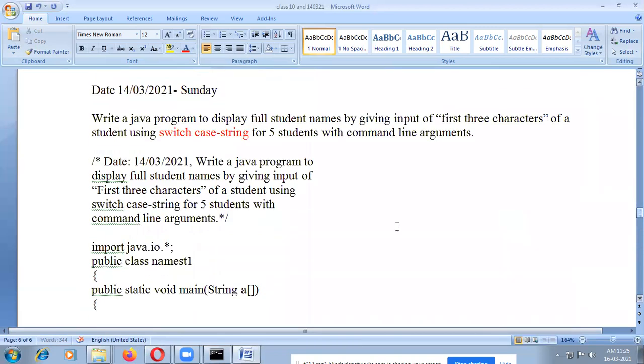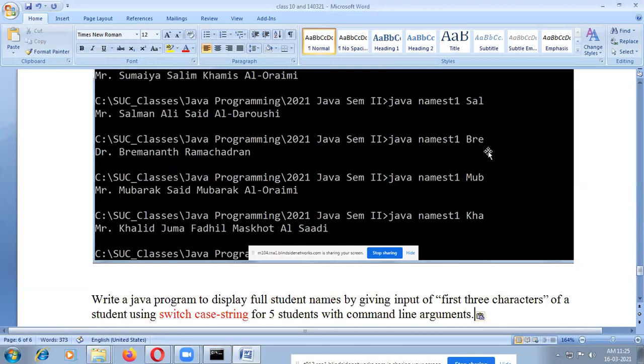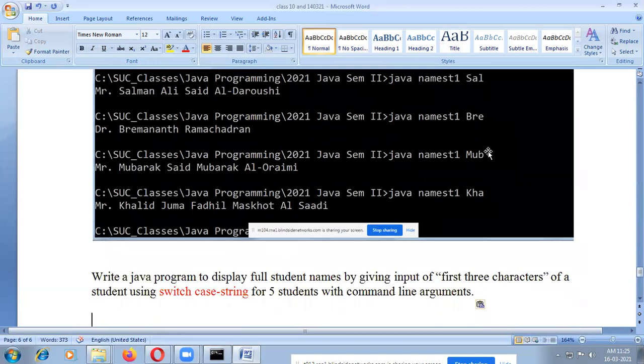Write a Java program to display the full name of the students by giving input of the first 4 characters. First 4 characters of a student, using switch case string for 5 students with command line arguments.